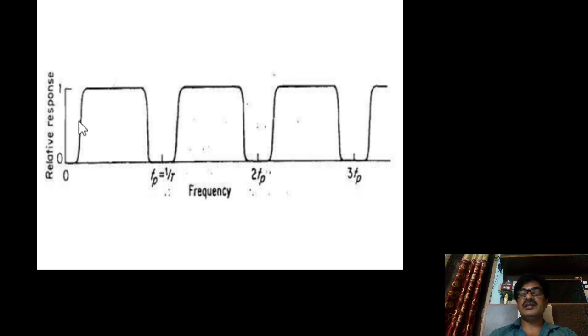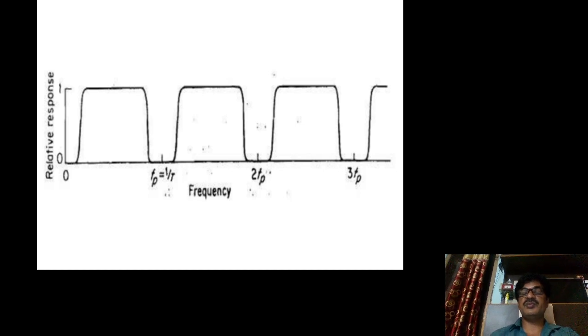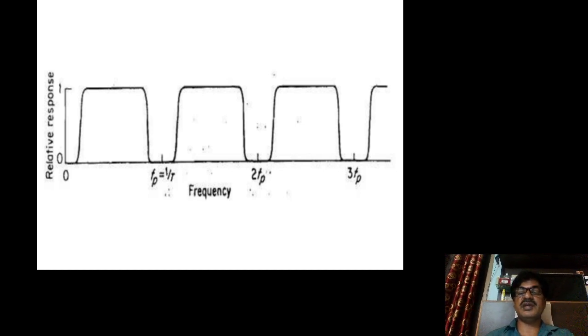Wherever the clutter appears, that is at the zero response, whatever the amount of clutter is there. Here is the zero response, here is the zero response at 2 times fp, or at 3 times fp, or 3 divided by T, like that. At these instances the clutter appearance will be more. In the previous filter responses we observed that. To improve the notch width, so many techniques in the time domain case also we have seen.